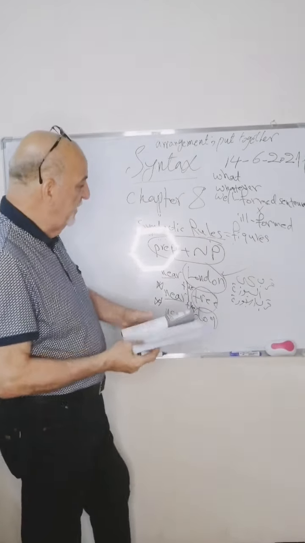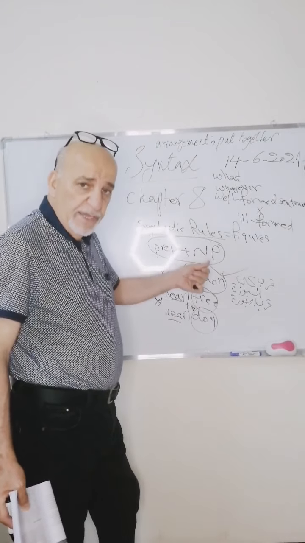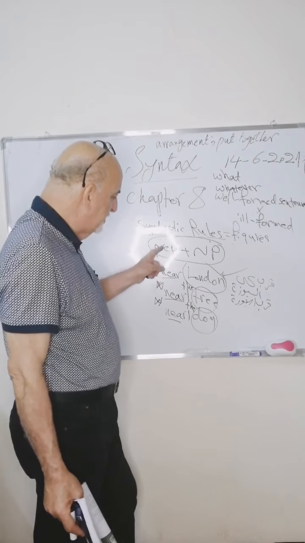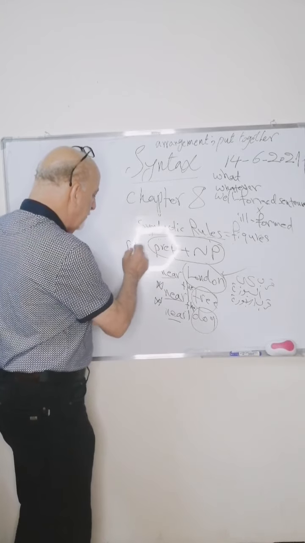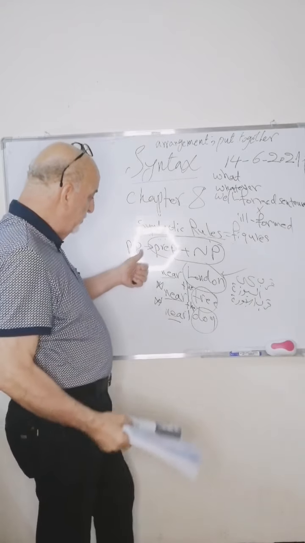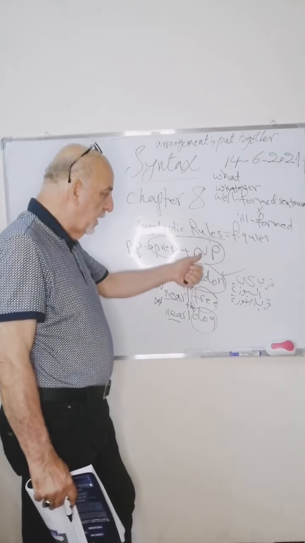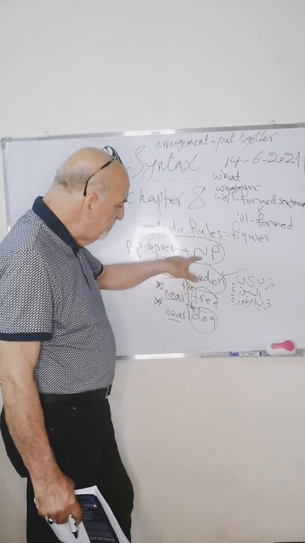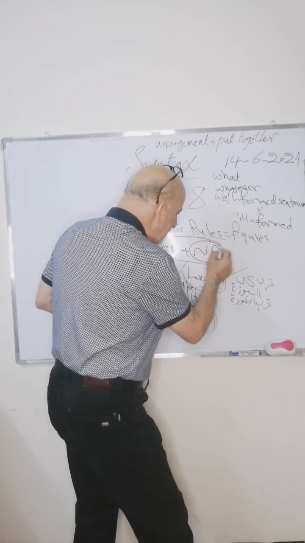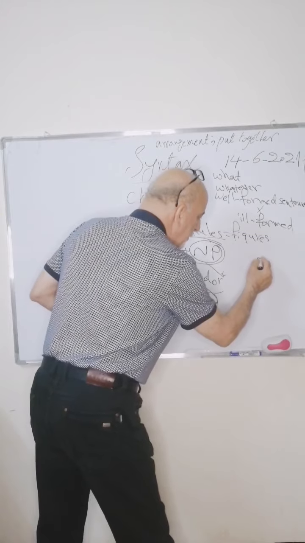We can say that this is a reliable syntactic rule. We can rely on this rule, which says that a prepositional phrase consists of a preposition plus an NP, not a noun. Why? Because an NP includes, as we will see,